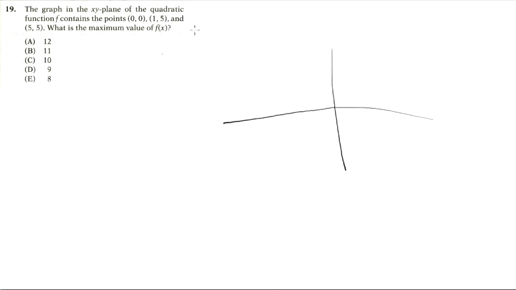Right, in the graph, they tell you that f is a quadratic. So it's going to be your normal x squared plus something x plus something, which you'll then factor down to be x minus whatever, x plus whatever, something like that. So quadratic formula means this. Now they give you